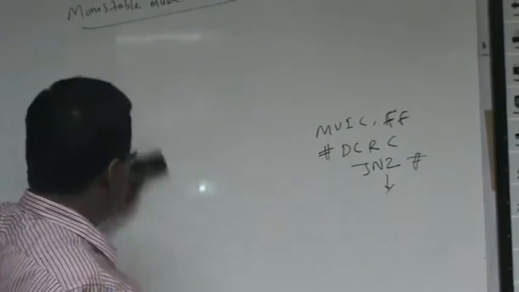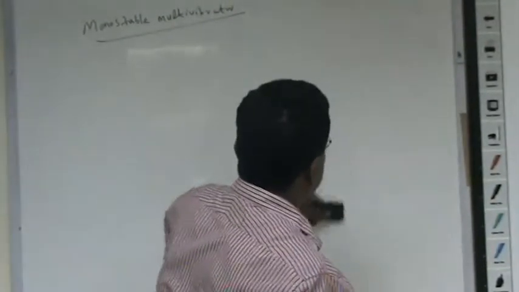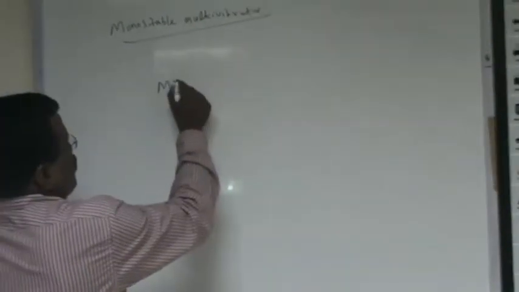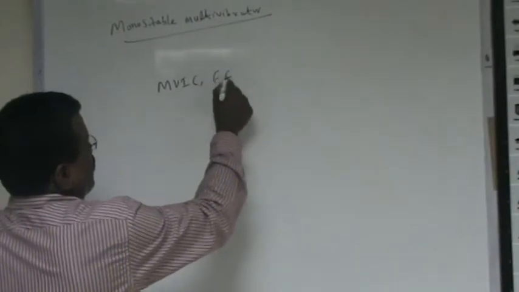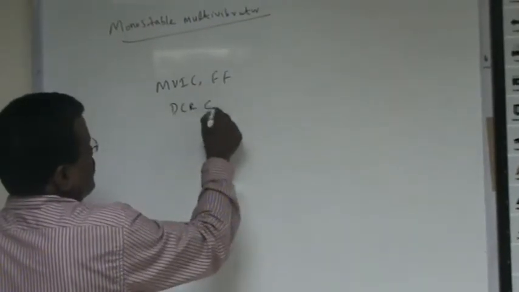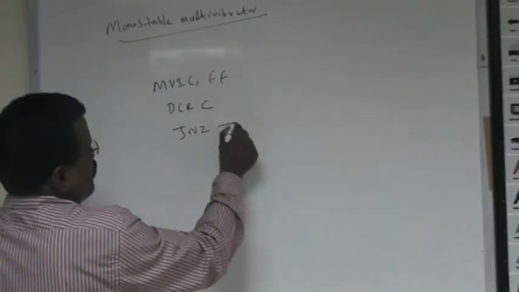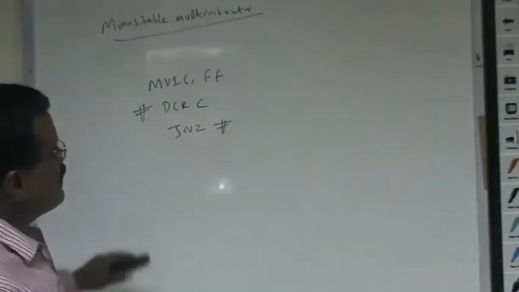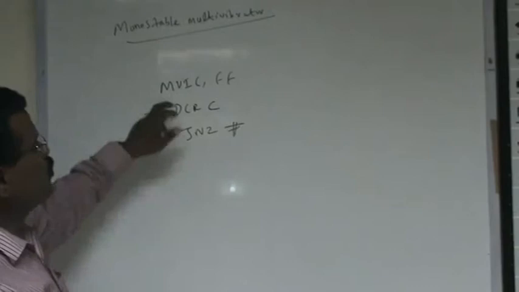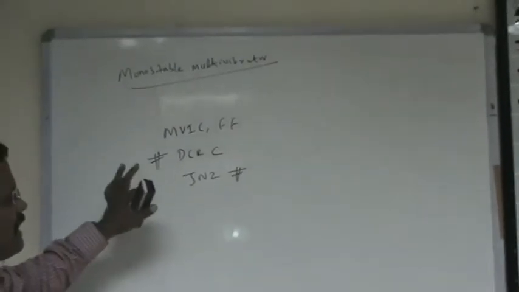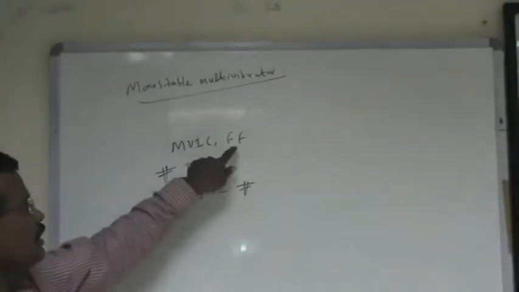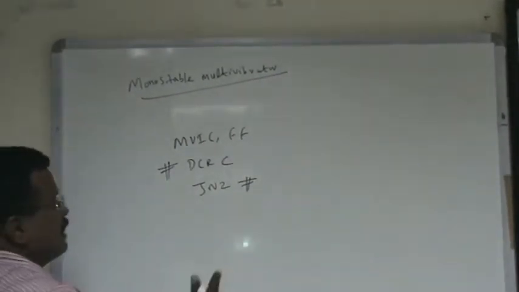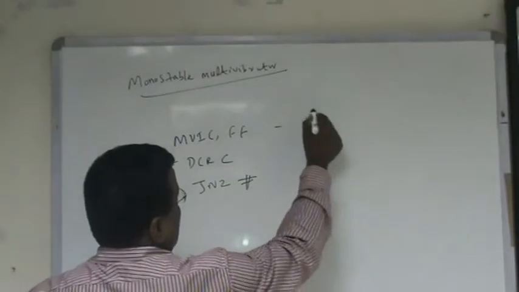Okay. Now if you take that move immediate C, comma FF; DCR C; jump on no 0 to DCR C. So you must know how to calculate the execution time of this program. For each and every instruction, the move immediate C, comma FF has 2 machine cycles, one opcode fetch and one memory read, and 7 T states. So the T states required are 7.